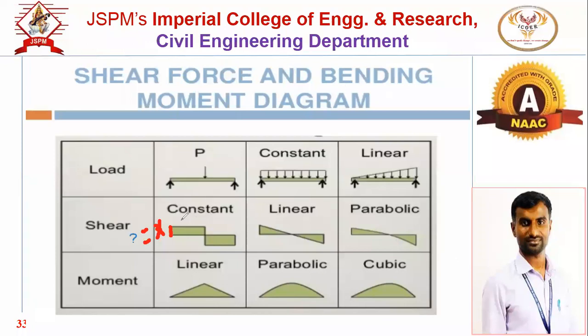This is the SFD. So these end reactions, both end reactions at left end and at right end, these are P by 2. Then if this is the SFD, this shear force, suppose this is X. And what is the value of X? Options are P, P by 2, P by 3, 0. Sir, 0. Okay, first option 0. But आणखीन प्रतीक म्हणतो 0. आणखीन कुणाला काय वाटतंय?